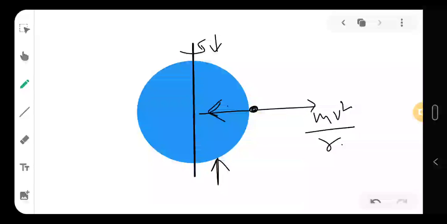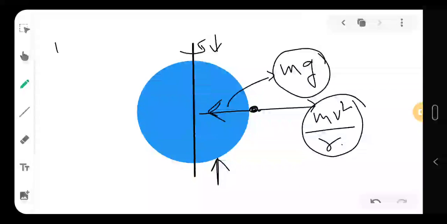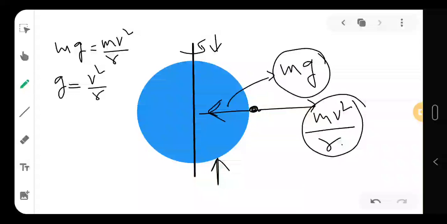So ultimately, this force is GMm by r square. So I can write it as mass into acceleration of this object, right? So this mass into acceleration has to be high enough to balance. So this mg has to be mv square by r. So g must be v square by r. Okay,